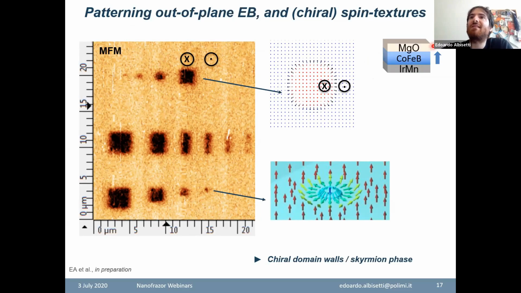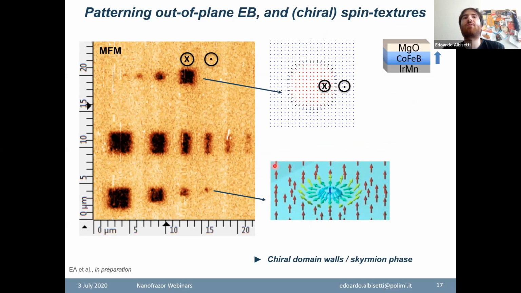The interesting thing is that in this particular system, there's not only the exchange bias interaction, but there is another interaction called the Dzyaloshinskii-Moriya interaction that causes the domain walls to be chiral. This is a particular property that allows you to stabilize the magnetic skyrmions that we talked about before. So what we're doing here is writing magnetic skyrmions with a well-defined shape and location on the sample. And this is the spin texture that